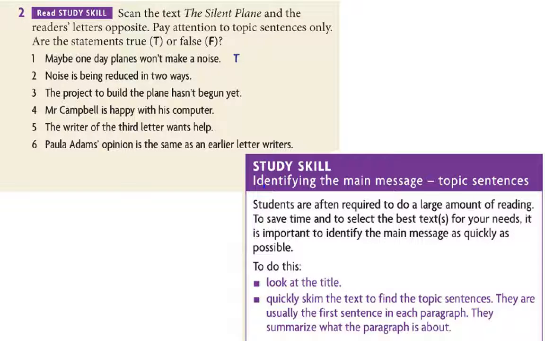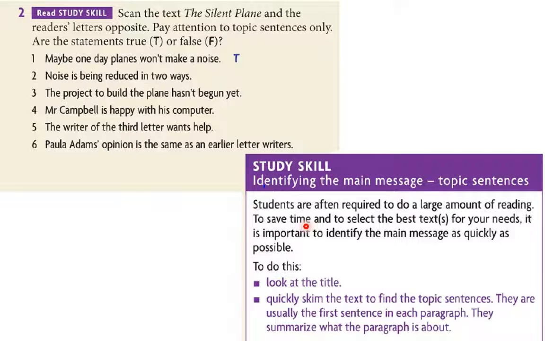Now, let's go to the second exercise, and there is a study skill here. The study skill on this page is about identifying the main message from topic sentences. Students are often required to do a large amount of reading. To save time and to select the best text for your needs, it is important to identify the main message as quickly as possible. So, when you start your research year, you will need to read a lot of articles,